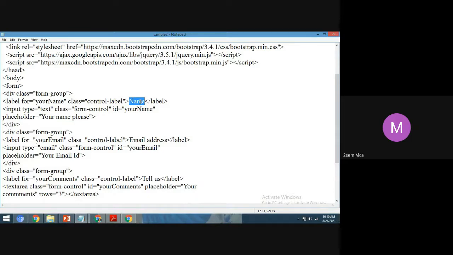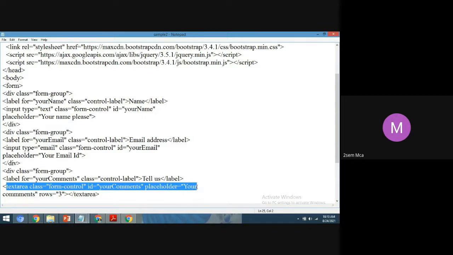That is name, and the next input tag we have. In the second input, what we are taking? We are taking an email address. For that, the label which I have given is email address. Next, one more we have.